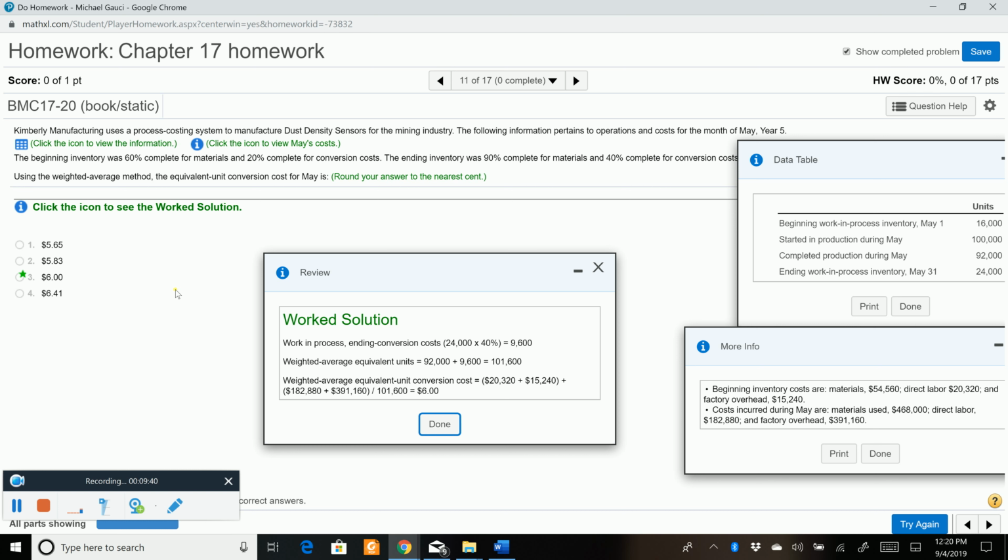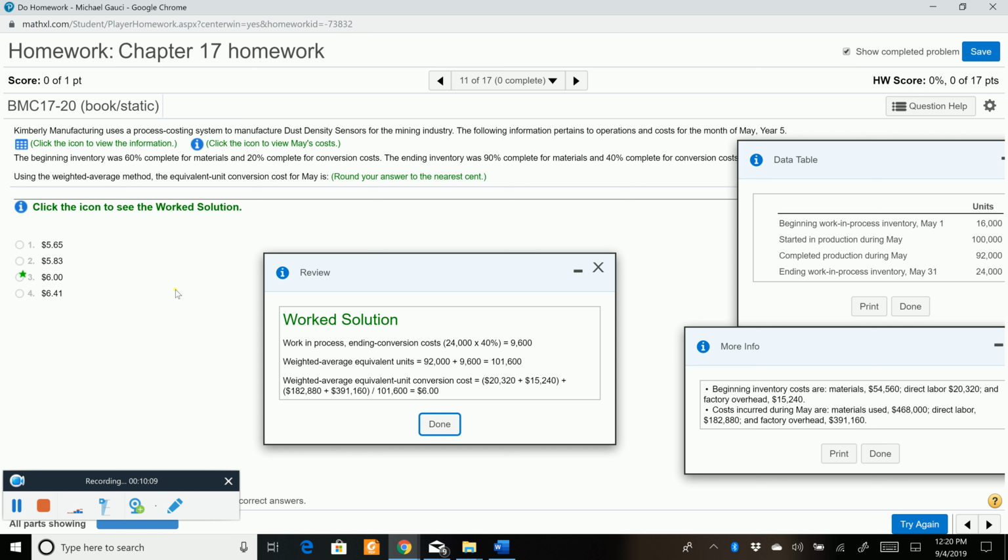The beginning inventory was 60% complete for materials, 20% complete for conversion costs. Those are the beginning inventory. The ending inventory, on the other hand, was 90% complete for materials, 40% complete for conversion costs. We are to use the weighted average method to compute the equivalent unit conversion cost. Okay, equivalent units